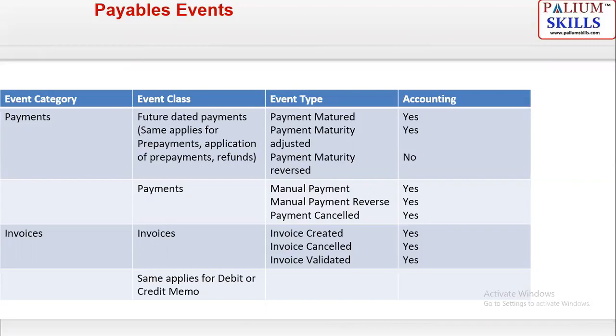Whether you want to do the accounting for a particular event or not, you can control it from there. You can choose whether you want to allow the accounting to be enabled or not for each of these category, class, and event type. So event class, like we saw,